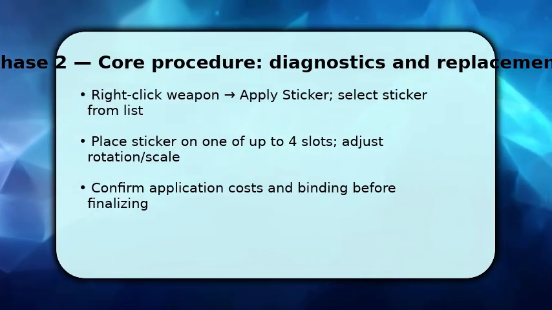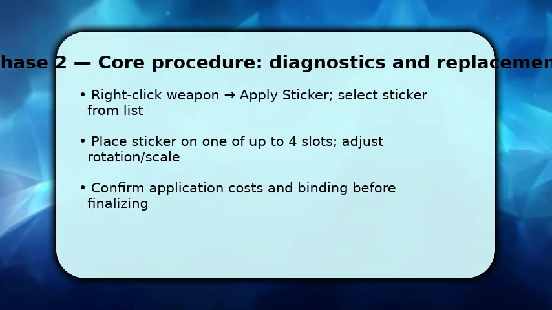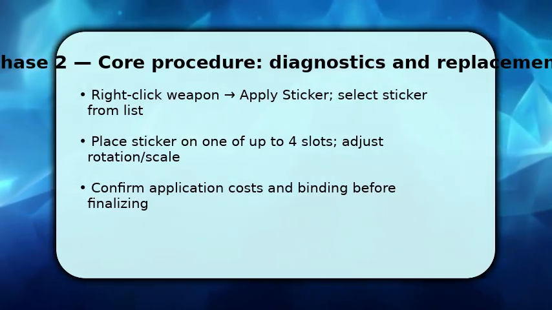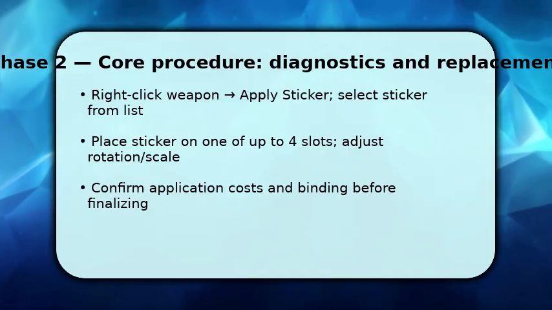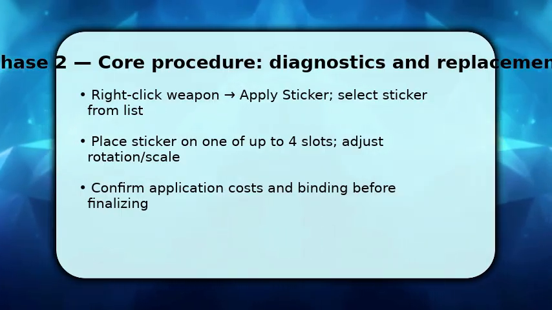CS2 may show a binding or cost notice, so read that carefully. If it's cosmetic only, proceed. Remember, sticker placement is permanent unless you have a tool to remove it, which is rare, so take a moment to be sure. You finalize by inspecting the weapon in Inspect mode, and then in a live match to verify